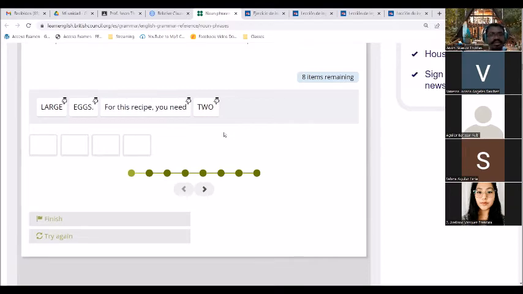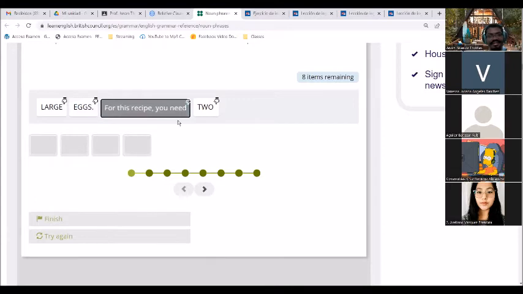Make a sentence with the words you have here. For this recipe, you need 2 large eggs. Right, so for this one,